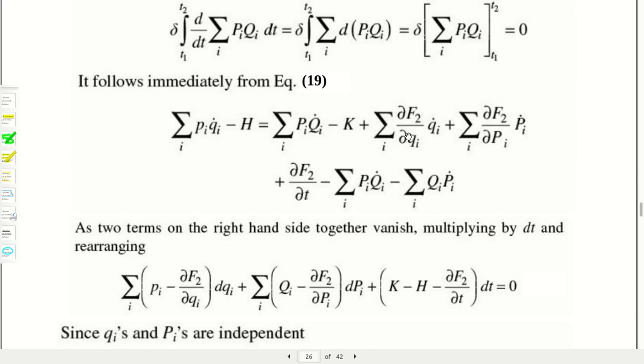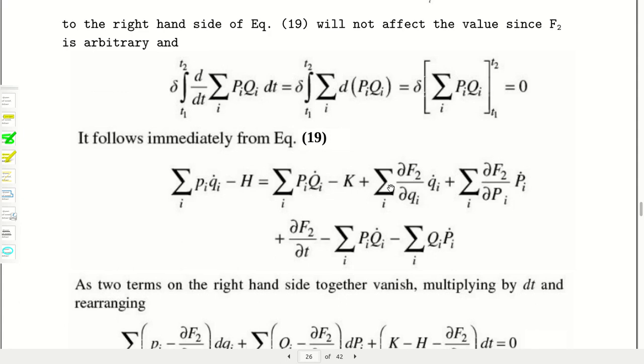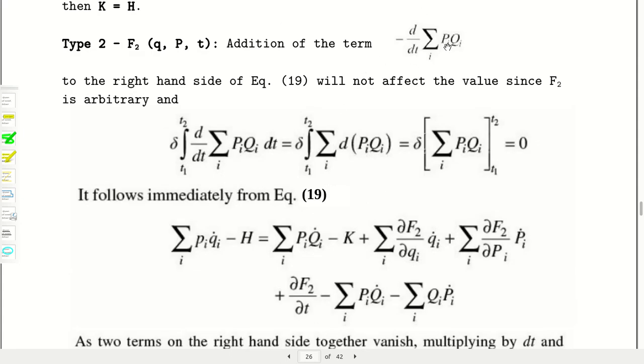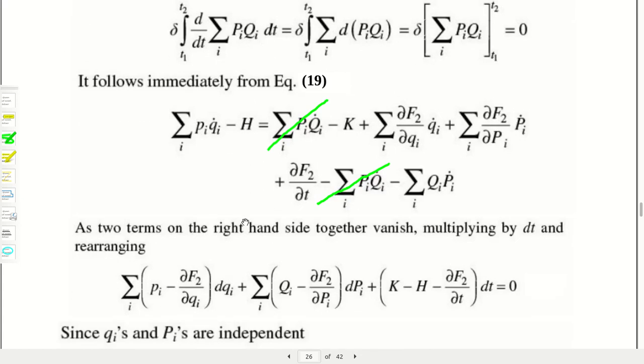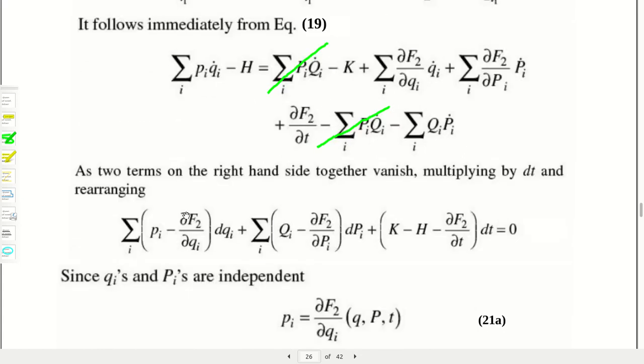Three terms here: one is this, second one is this, third one is this by chain rule, and the last term we have added because this is the null term basically. So this will give you an advantage to cancel those two terms, they will cancel each other. Now regroup the common terms, take the common qi dot into a bracket, and multiply both sides by dt as we have done in the previous problem.